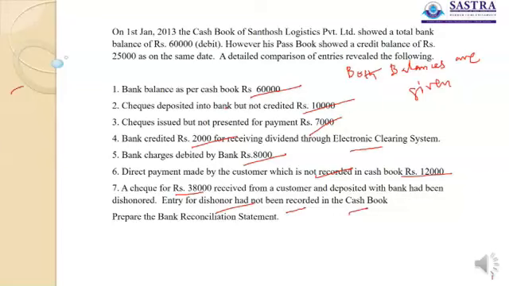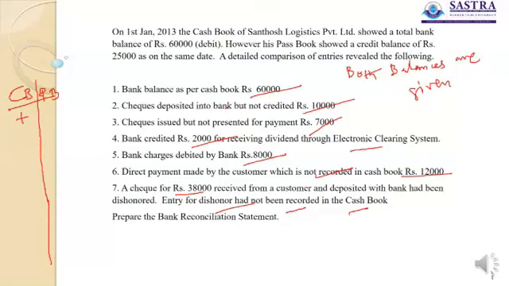See, using the symbolization technique, take the book whose balance is given first and name it as cash book, and the book whose balance is required as passbook. So put passbook here and start analyzing the transactions and put the symbols accordingly. Checks deposited into bank means the collection has been recorded in the cash book as a receipt, which increases the cash book's balance, so put symbol plus.